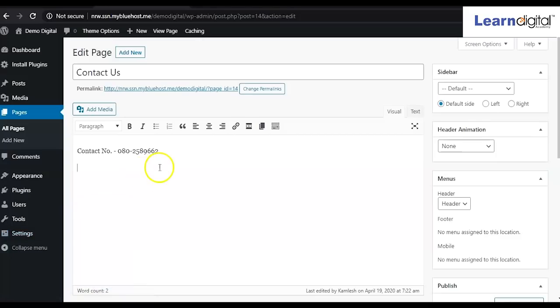For example, whatever mobile contact details you have, landline number or mobile number, simply you can write here.